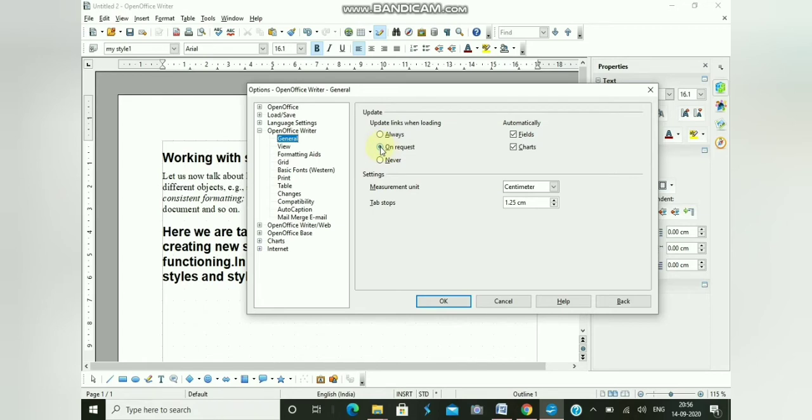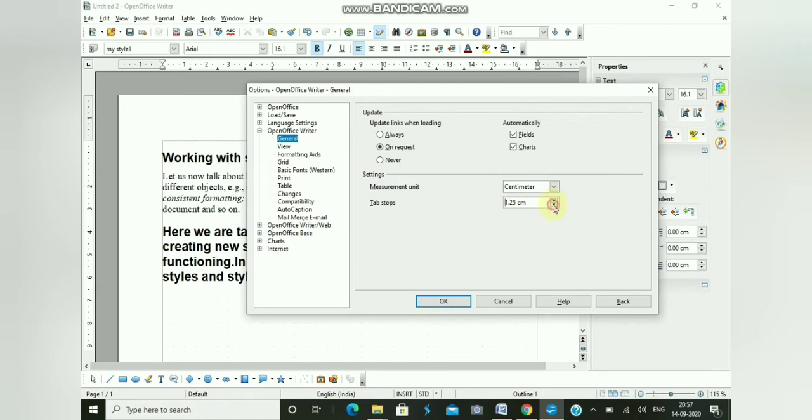Then you have update fields and charts automatically. Here the checkbox is always selected, so it will be automatically updated as you enter data in a database, or insert a chart in Excel. Then the next one we have is the settings, where you can see the measurement unit is given in centimeter, and the tab stop by default is 1.25 centimeter.